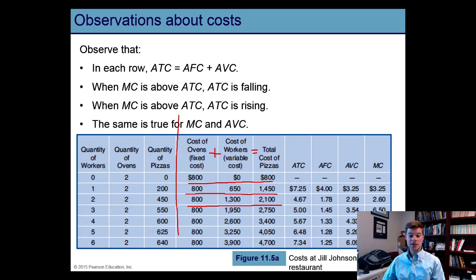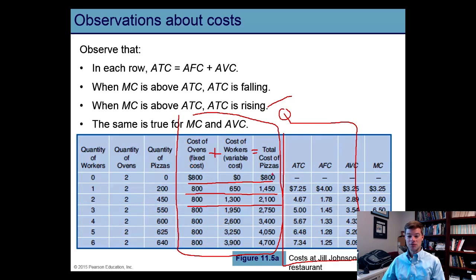Then if you take these 3 total cost columns and divide by quantity, what you'll get are the next 3 columns, which are average cost columns. For example, fixed cost divided by quantity equals average fixed cost. Let's look at that. If we divide 800 by 200 pizzas, this is the output, then we'll get an average fixed cost of $4 per pizza. If we divide fixed cost of 800 by 450 pizzas, then we'll get